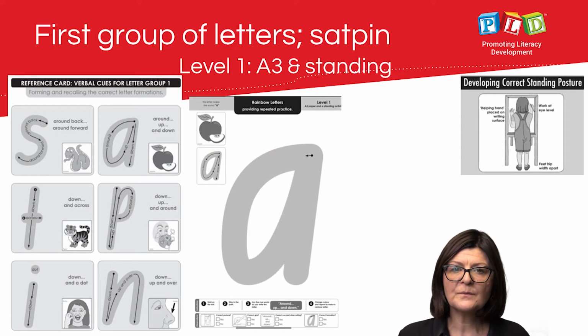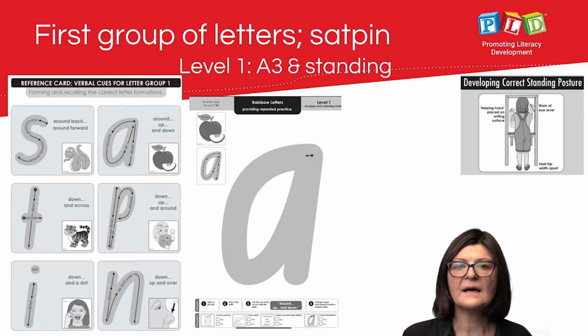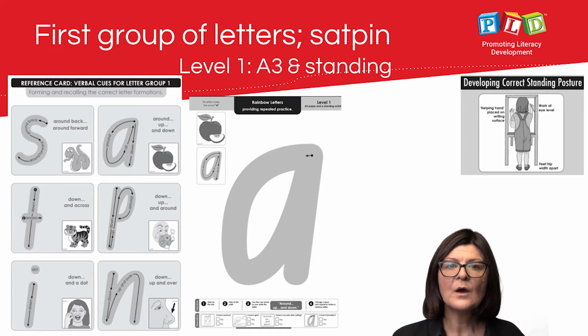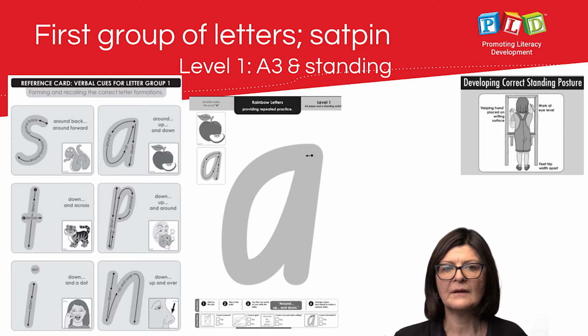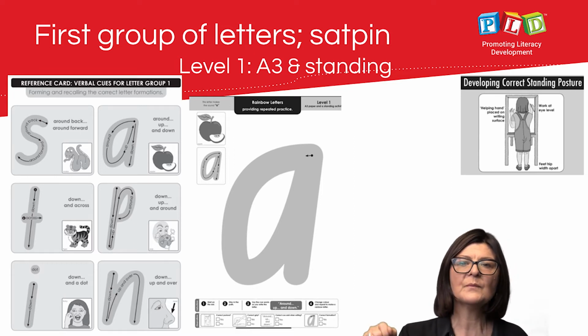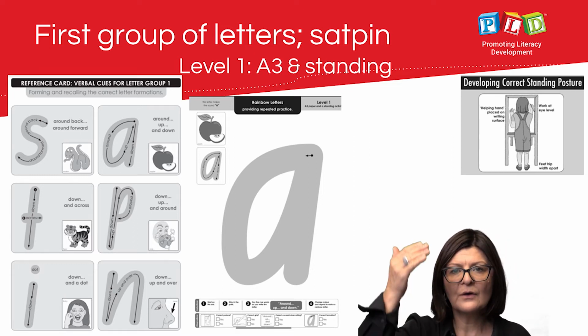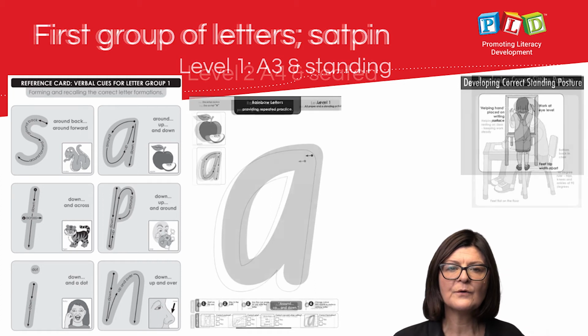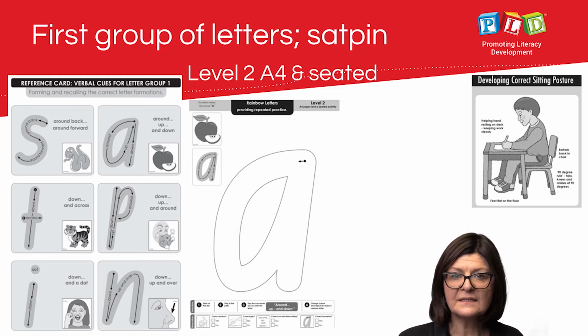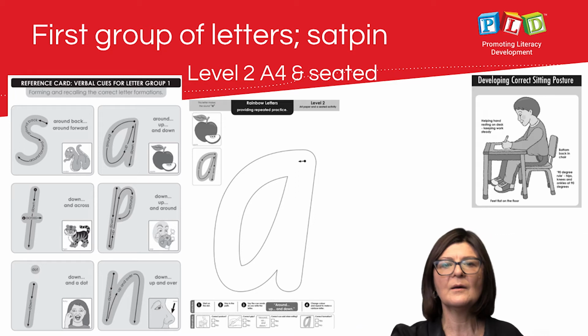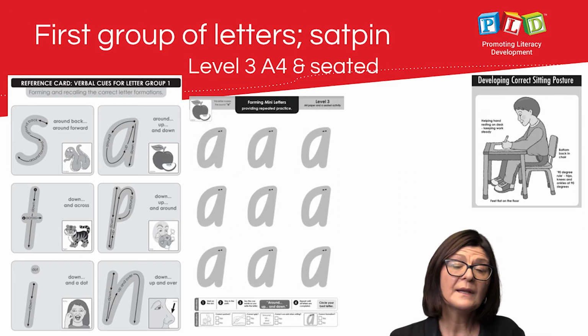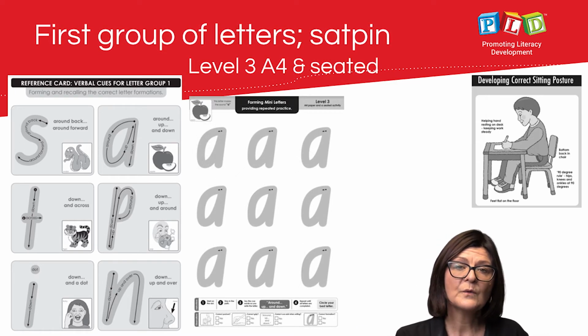For each of those groups of sounds, there are 4 levels of tasks, starting firstly with A3 and standing formation, where students learn around, up and down, and around, up and down on the horizontal surface, before A4 and seated activities are engaged in around, up and down, around, up and down,